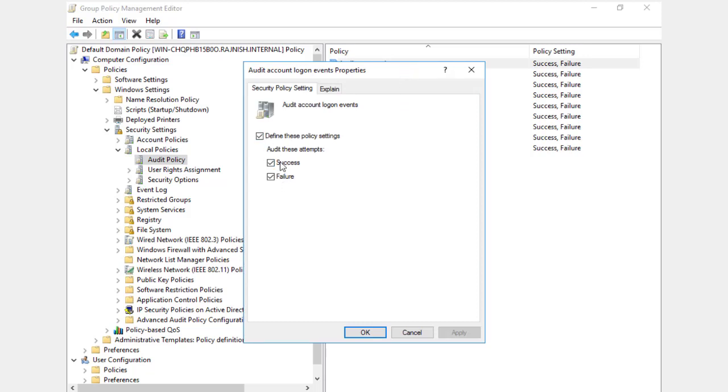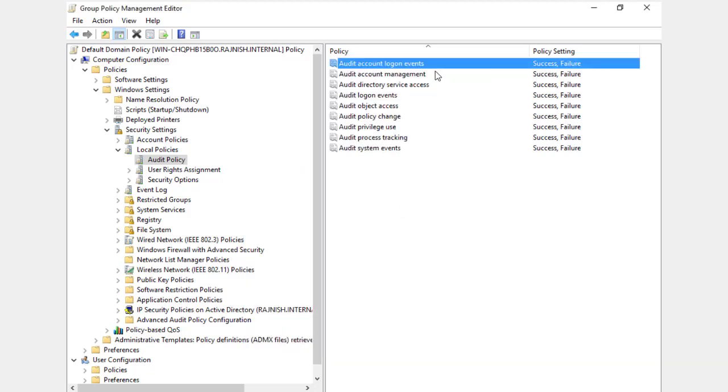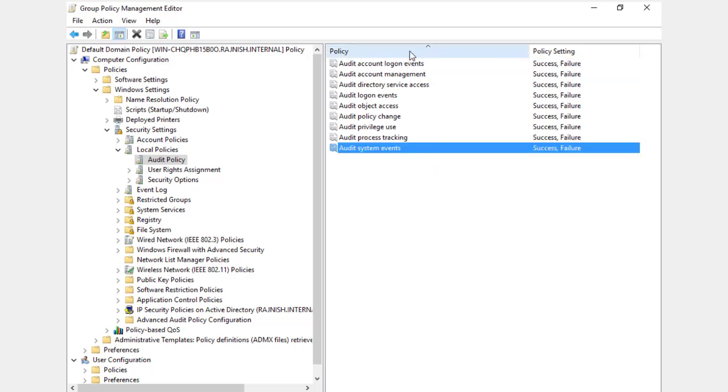Here it is already defined success and failure, which I have defined earlier, but you have to define it manually, each part, success and failure notification too. We will click OK to this event and we will add success and failure to each event right here. Okay, I have already done that, so I am not doing this.